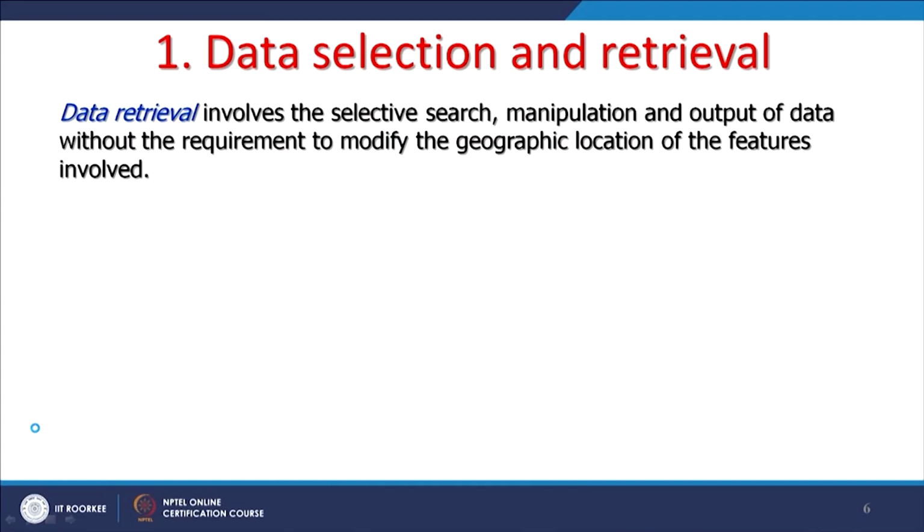Now the first is about data selection and retrieval. Data retrieval involves a selective search. We can make different kinds of searches based on our requirements. The only thing we have to care about is the syntax and brackets and other things. Sometimes we get a lot of errors if we do not put the query or the syntax properly. So one has to be really very careful while doing these things, and whenever the data is out or a selection is done, one has to check whether the right selection has been done or something is wrong with my query.